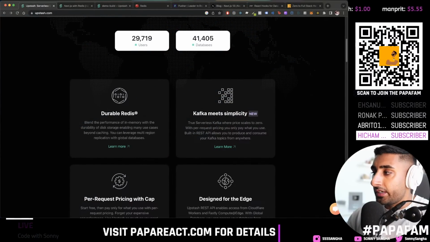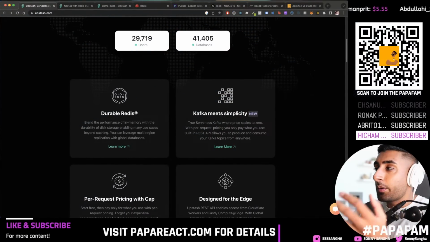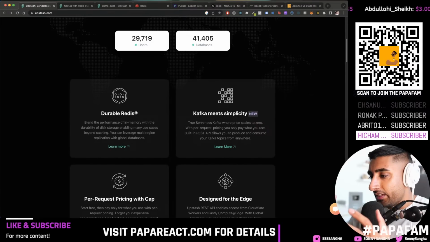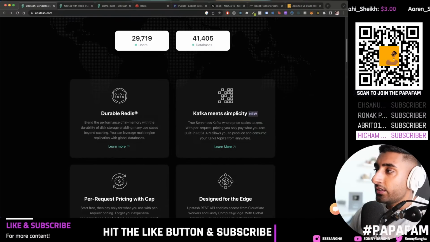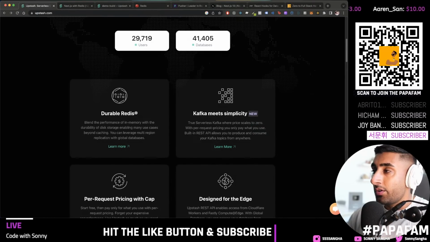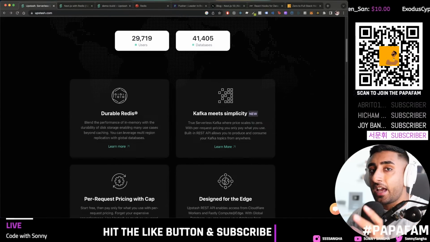Now, if you don't know what Redis is, it's an open source in-memory data store, and it's really, really fast. The problem is that they don't essentially allow you to have the data persisting. Whereas Upstash came along, and now they allow us to keep the data in a more robust fashion. So you have your database in seconds, it is super quick to set up, and they have global